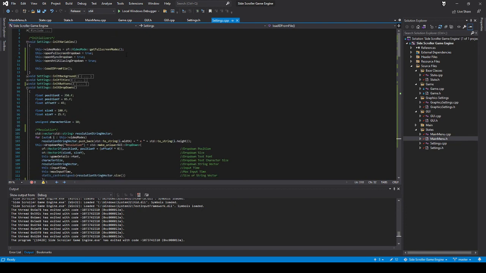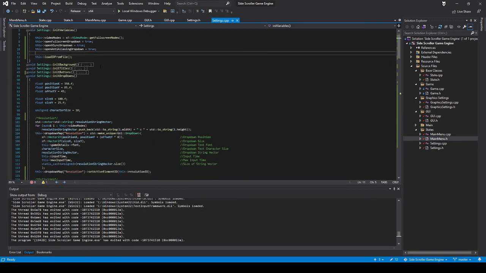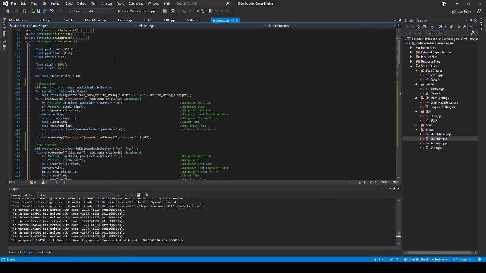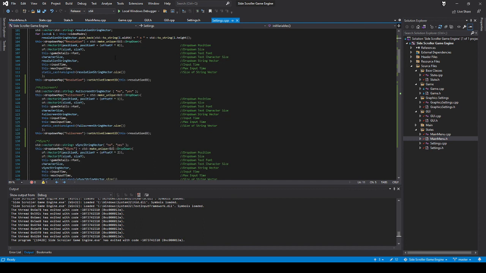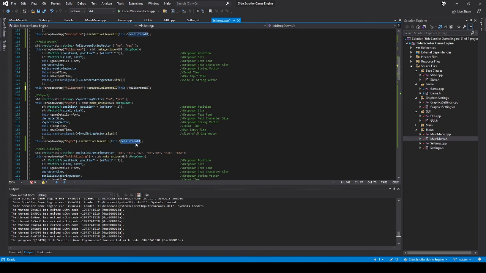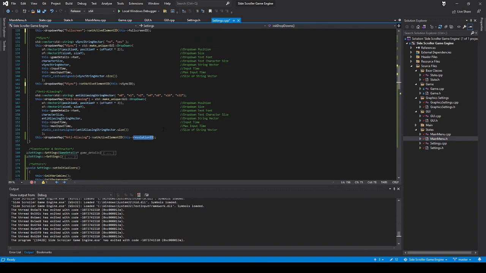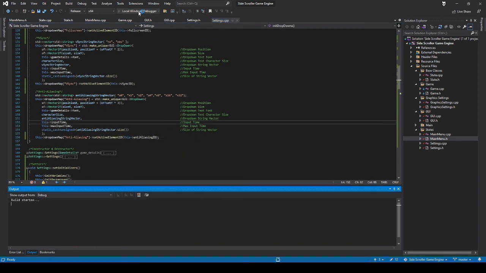So we got here. Load from file. Load ID from file. Resolution ID. Oh, this is what's happening. You got to change this full screen ID, vsync ID, anti-aliasing ID. All right, so there we go. So now,